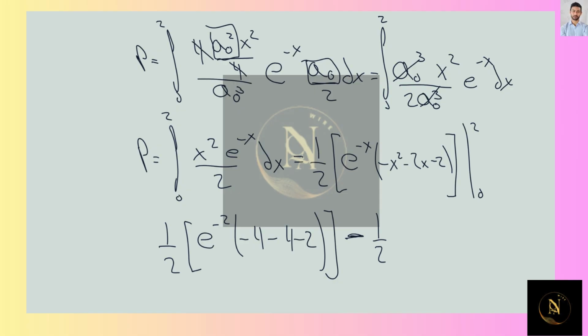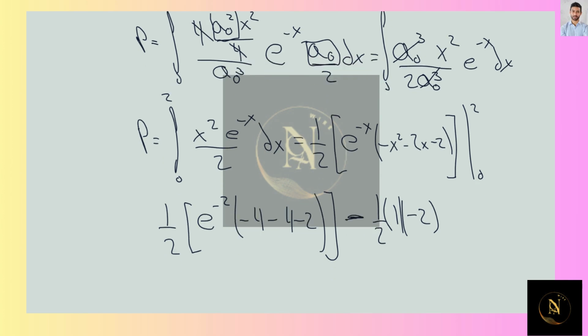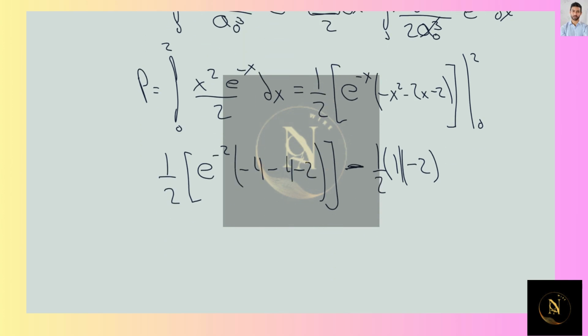So e to the minus 0 is equal to 1 times 0 minus 0 minus 2. This gives us minus 6 e to the minus 2 over 2 minus 1, which turns into 1, which is, sorry, here a little typo, not 6. This is going to be 10, minus 10, of course,